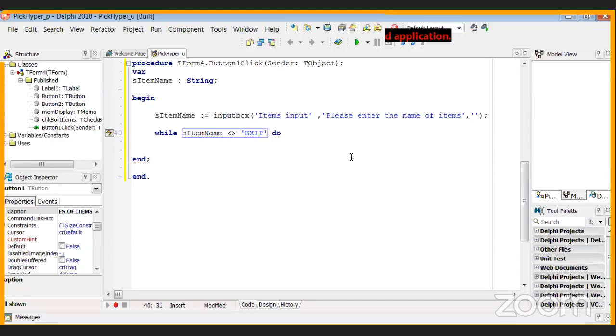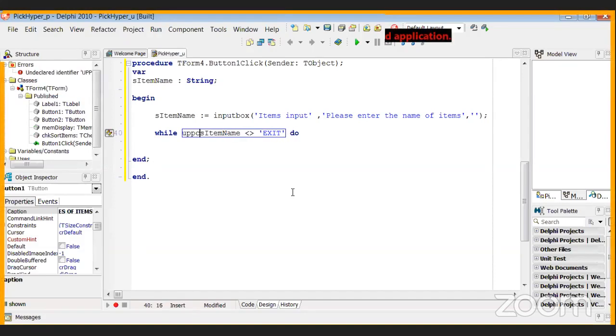Okay, it is not the best way to obviously test the condition, because again, learners might think, oh, what happens if the user types exit in lowercase? Is it still going to work in that event? Yes, you should be able to cater for it regardless of whether the user types uppercase or lowercase exit. So really simple, all I'm going to do is go ahead and say while uppercase,